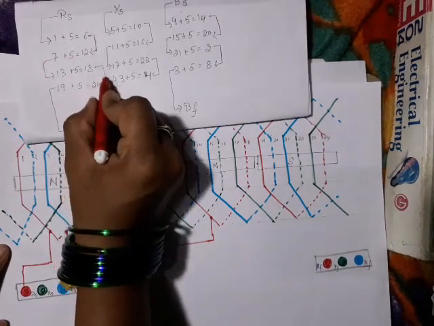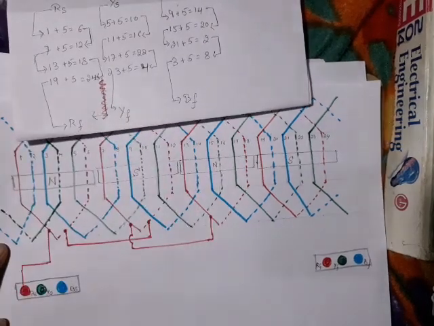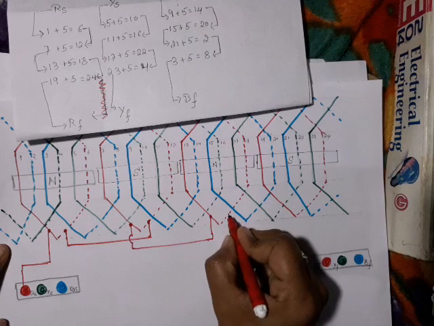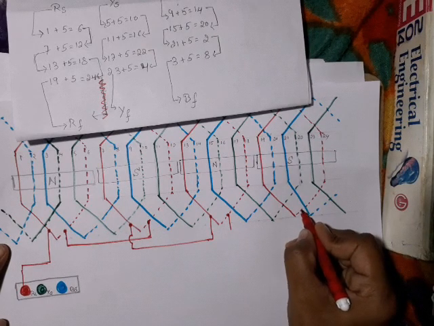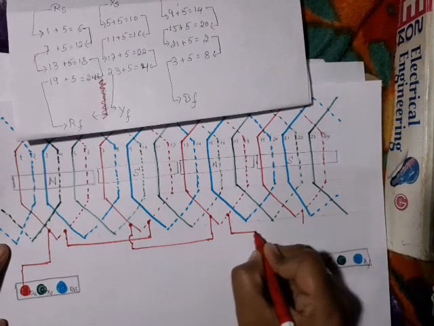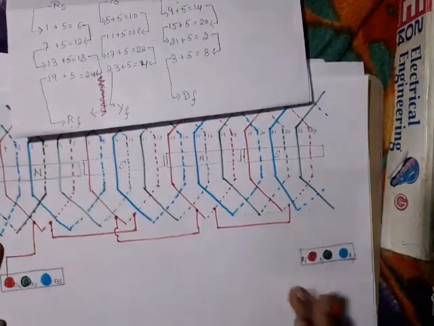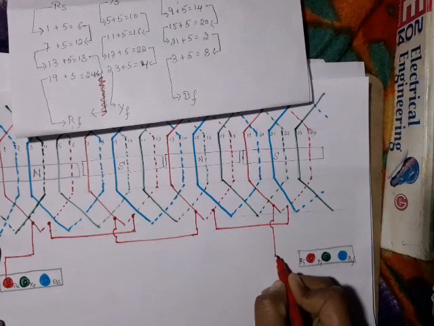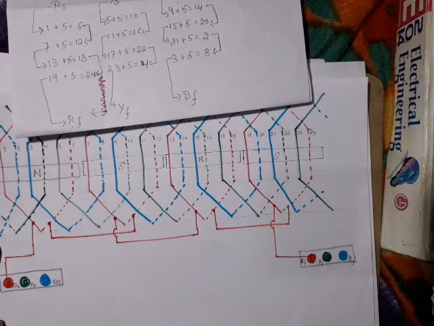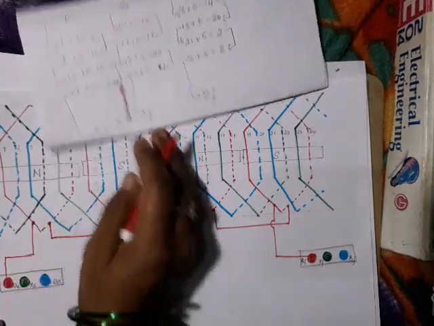Next, coil number 18 is connected to 24. This connection is not there. So here I have 18. 18 is connected to where? 24. So this is coil 24. And last, 19 is connected to RF. So here I have RF. 19 should be connected to RF. Done. We are done with the R phase. Here we started the connection. The connection went like this. Later it finished here.